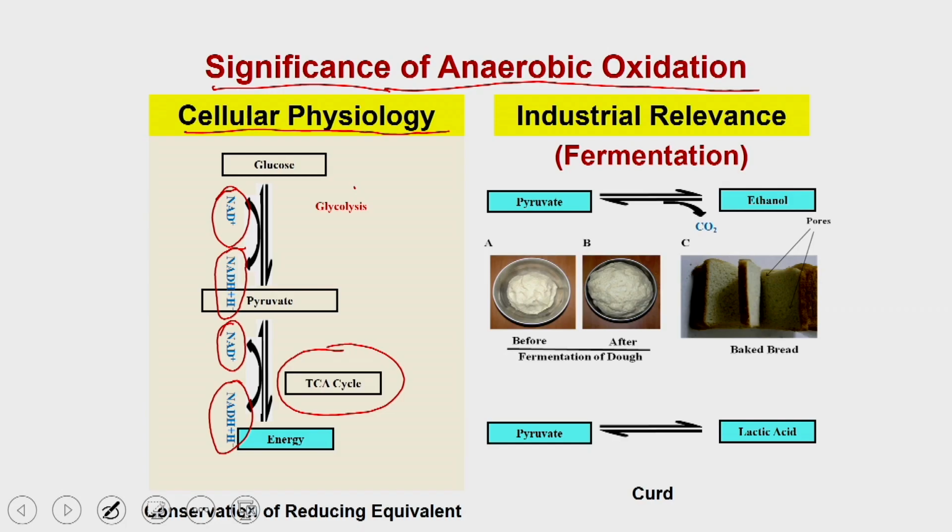But when there is no oxygen, this NADH cannot go for the oxidation, which means there will be a shortage of the NAD plus. And if there is a shortage of NAD plus, ultimately there will be an accumulation of NADH in the cell, and if that happens, the cell cannot produce the energy, as well as the cell cannot actually run many of the metabolic reactions where